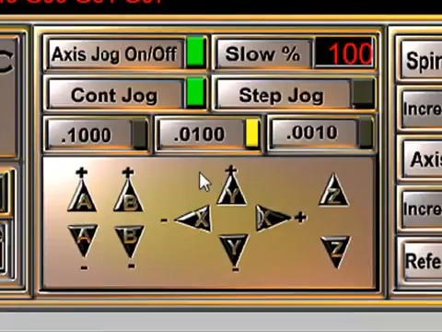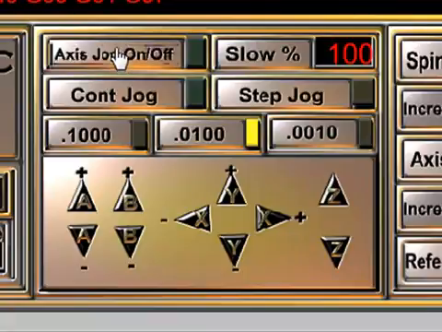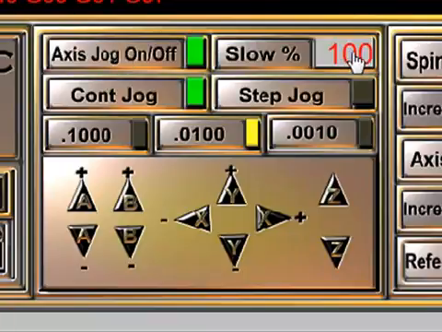To the right, we have the jog controls. If you turn the axis jog off, you cannot move the machine around when using the keyboard. So if you want to jog it manually using your keyboard, you'll turn this on, and here we can set the percentage or how fast it will move it around. Now you have a maximum feed rate when you're positioning according to whichever machine you're using. If you set this for 50%, when the program runs it, it's going to operate at full speed, 100%. But when you're manually jogging the machine around, it's going to move at 50% of its highest value.